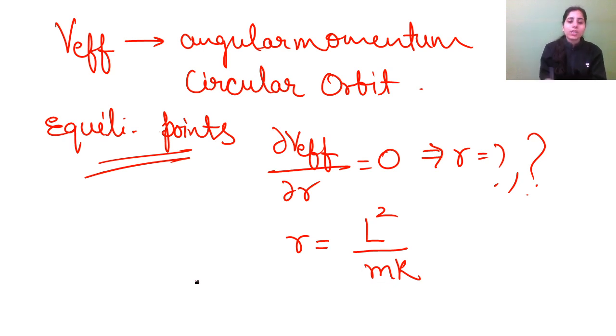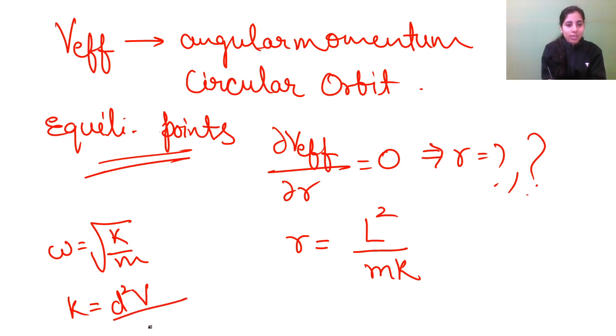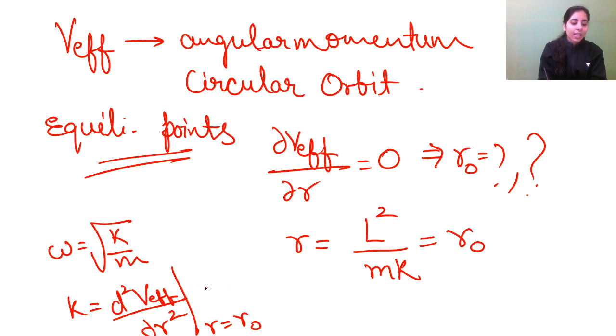After this step, guys, we all know omega is square root k by m, where k is d2v by dr square, that is the second order derivative of the effective potential at r is equal to r naught, which is the equilibrium point. Clear? So here I will find the value of k, and the value which you are going to get will be equal to